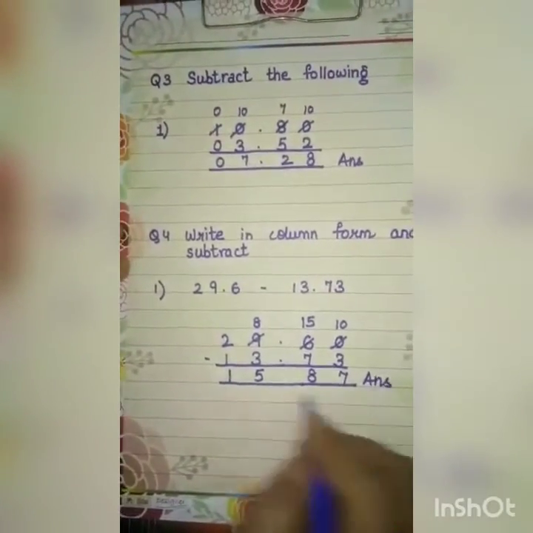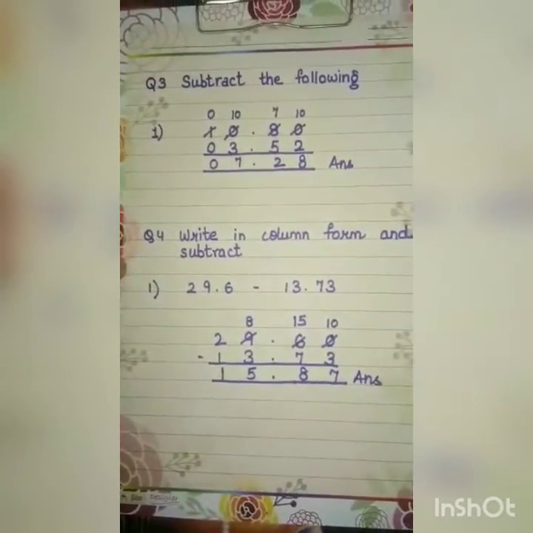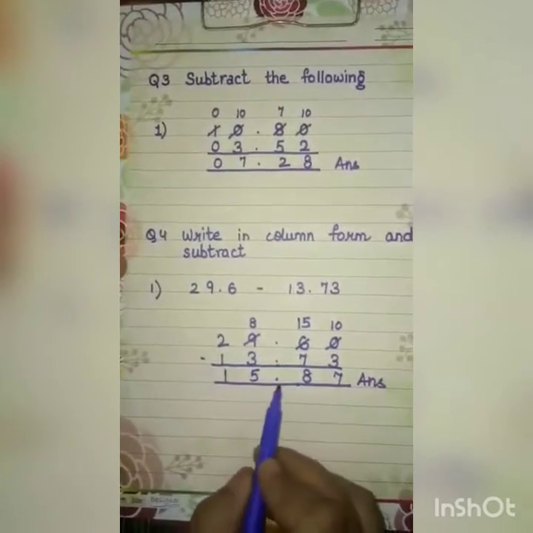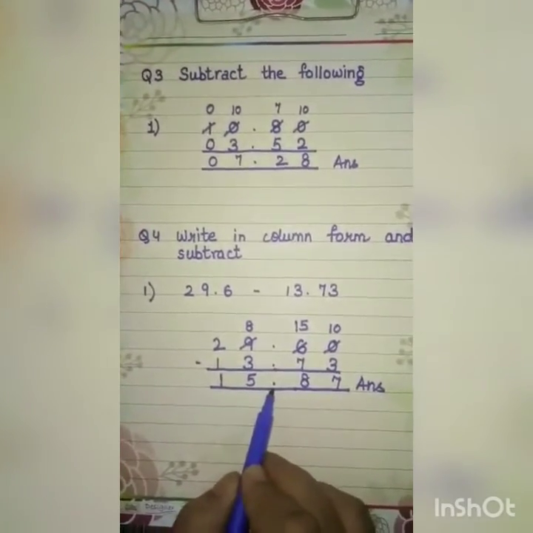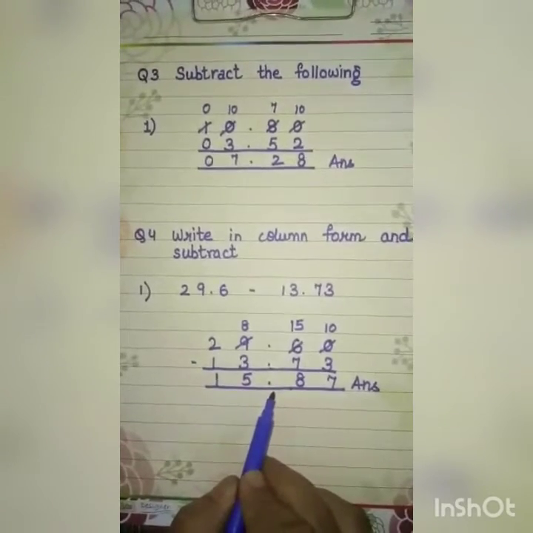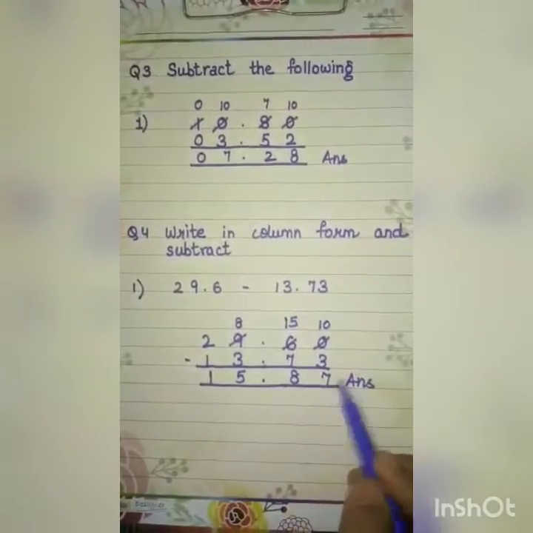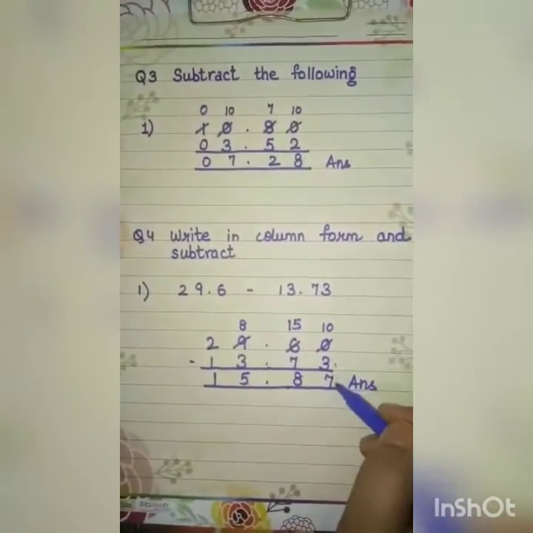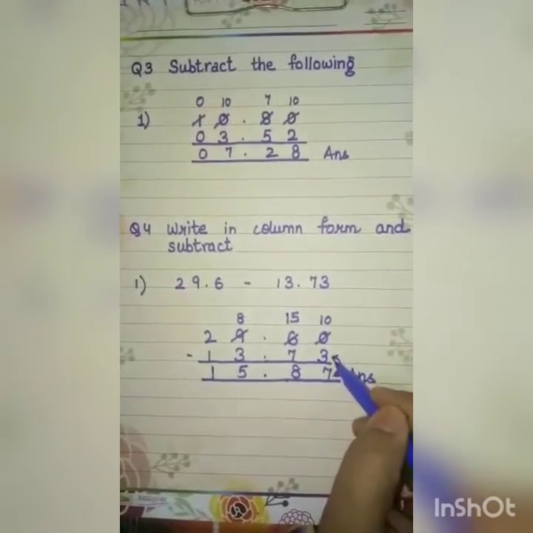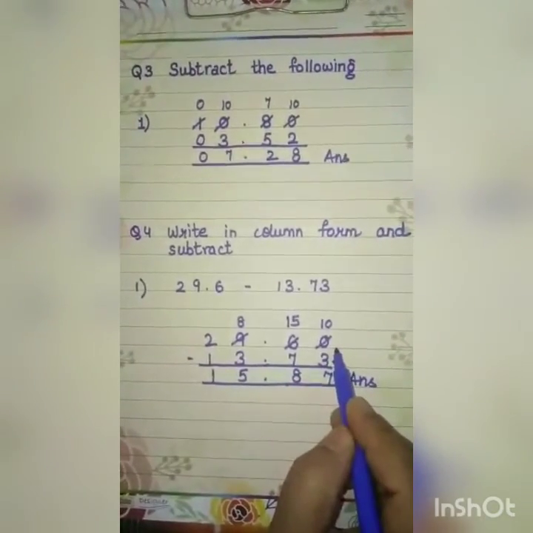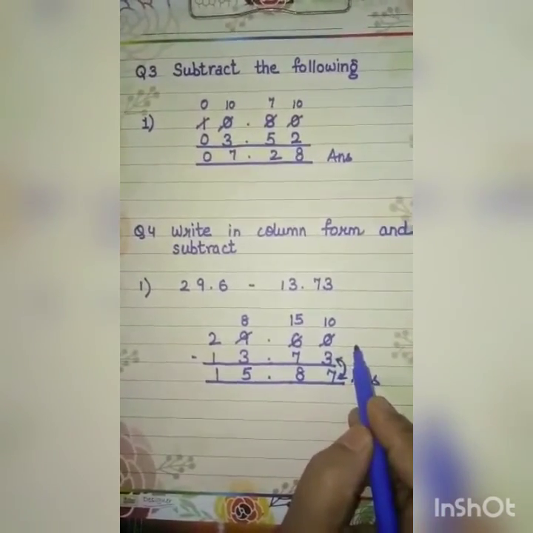Never ever miss the decimal when you are writing the answer, because the subtraction in decimal requires this, it is a mandatory thing. If you are doing a simple subtraction and not writing the decimal, your answer will be wrong. And there is a way of checking your subtraction. You can add these two smaller numbers, and when you are adding them both, you should get this as the answer, the biggest number. And you can get your answer checked before the teacher checks it.